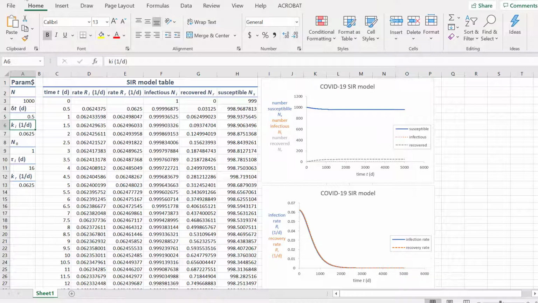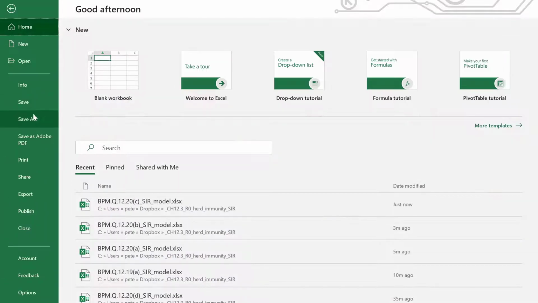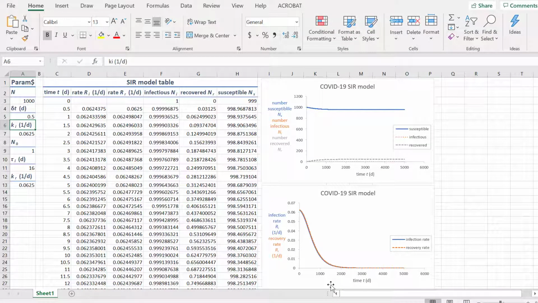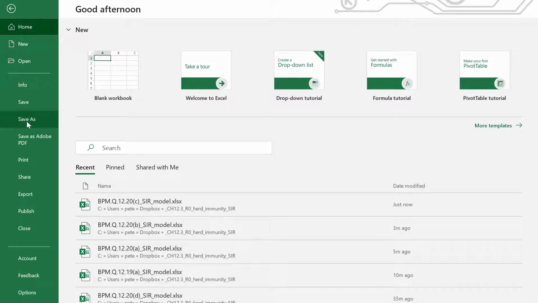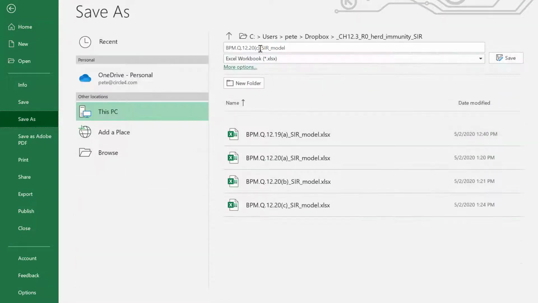Alright, so we haven't quite finished, so let's do file, save for that guy. That was C, and there's one more part, so let me, while I remember, do file, save as, and we're going to save it for D. And what D does